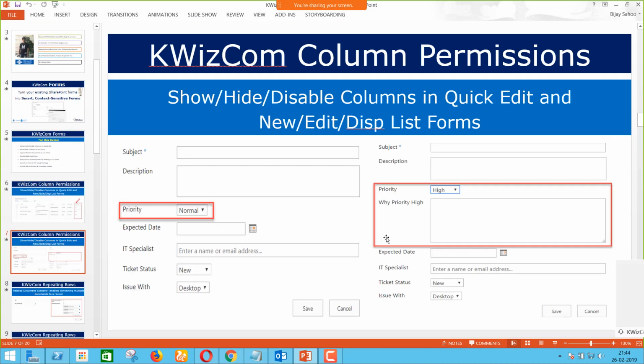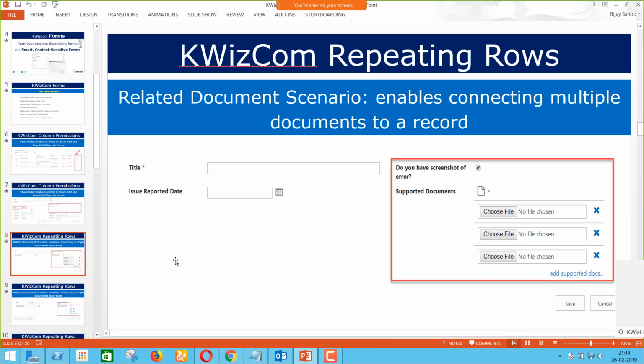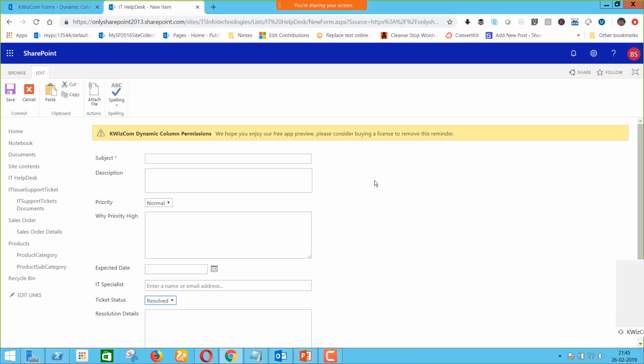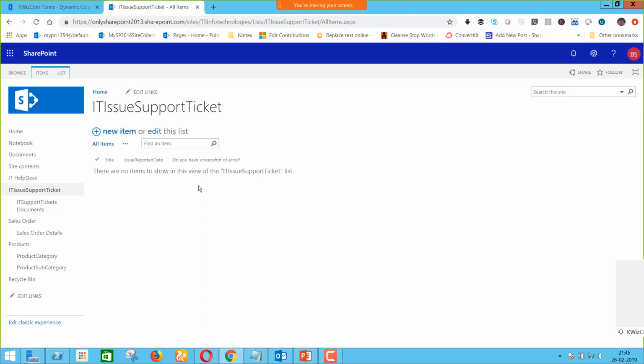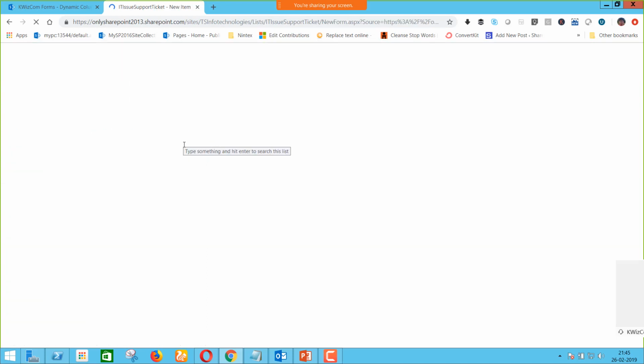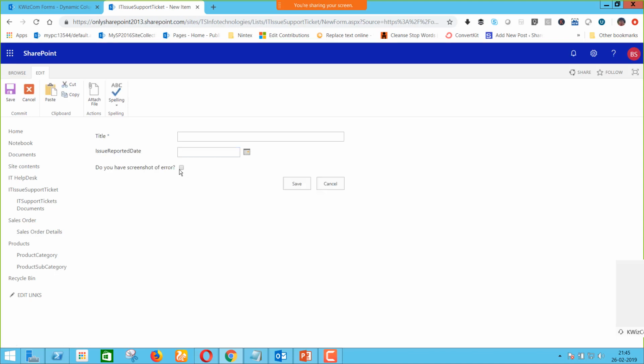Next example, what I'm going to show you is there is a list where we want to upload some supporting documents. You might get a requirement, let's say there is an IT support list where you want to upload some error screenshots, something like that. We'll see that. So I have an IT support ticket list. In this list, whenever a user submits, the user will add one item. We will ask them, do you have a screenshot for the particular error or issue? Then the user might have some screenshots. So we will see how we can add those by using the QuickCom